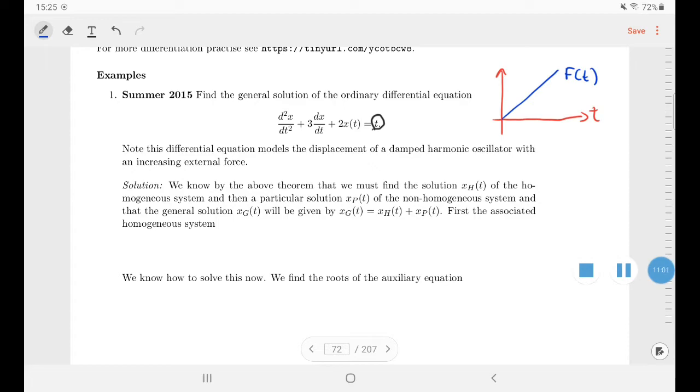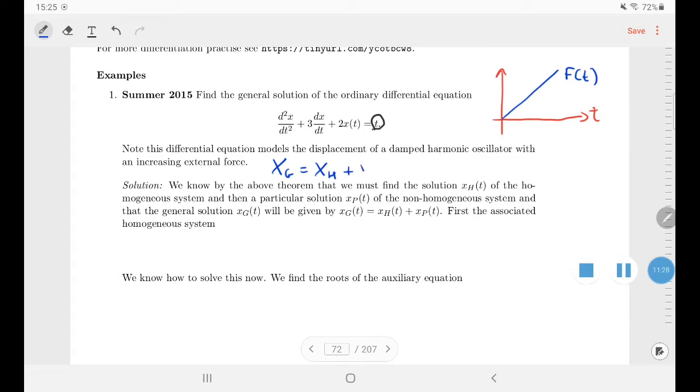So the solution we find is actually only really valid for a certain period of time. And what we're going to see is that the displacement of the spring is going to go to infinity. Now the infinity that we find isn't the plastic one. It's assuming that the spring never goes plastic, which is nonsense. Okay, so let's see. So the theorem above says that the general solution is the